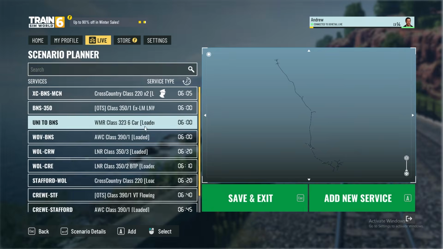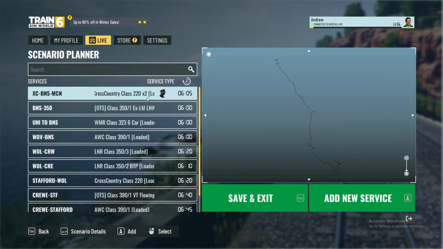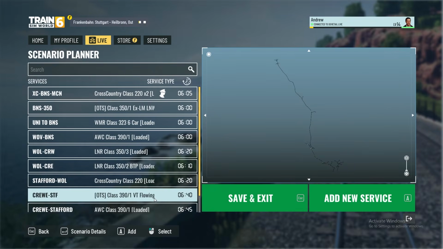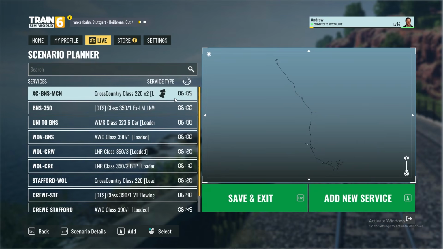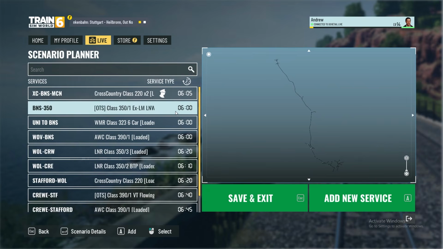You've got a full list of services. I've added a few different ones here. You are more than welcome to play it. Also, I'll just make a note, I also set our train to depart 5 minutes after the 2 in front, just to give a bit more gap so you're not pretty much signal to signal behind them. But yeah, that's the only change I made. So we're going to